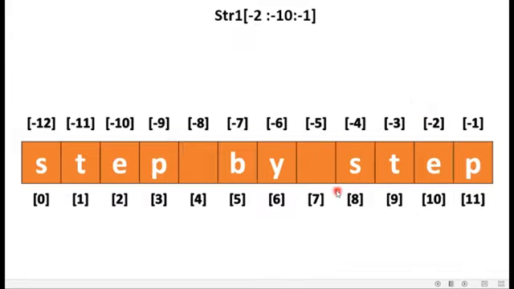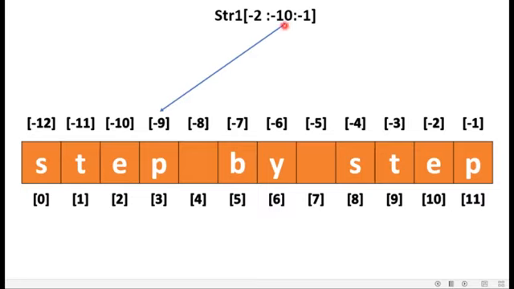So this is my substring, or we can say a slice out of the given string. Another example. Now here we have taken -2, -10, -1. So again, we are going to talk about negative stride value. And as I told you, in negative stride value, we always start from right to left. So here the cross connection will be maintained. How? -2 is written at the starting position and -10 is written at the ending position.